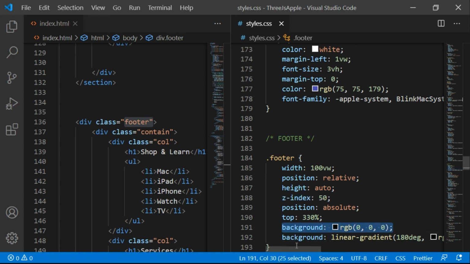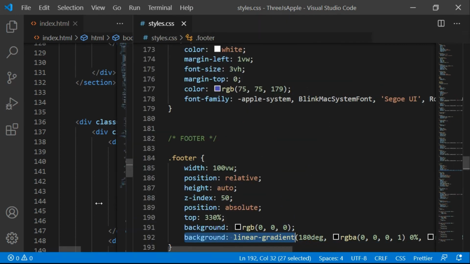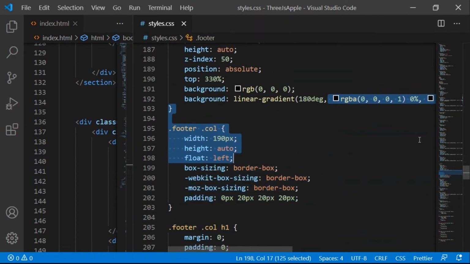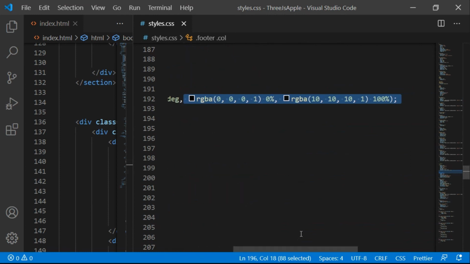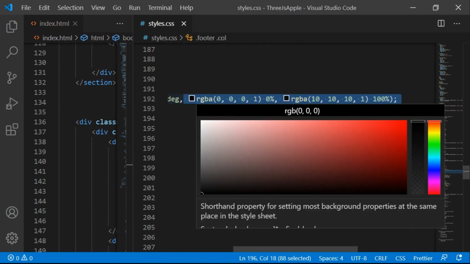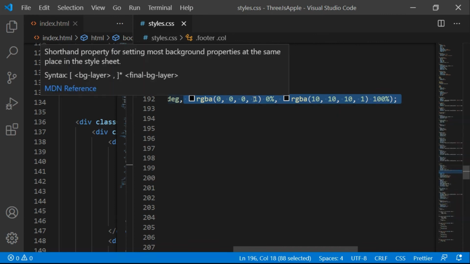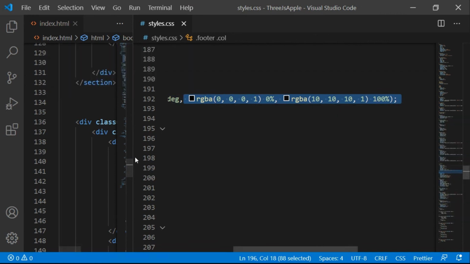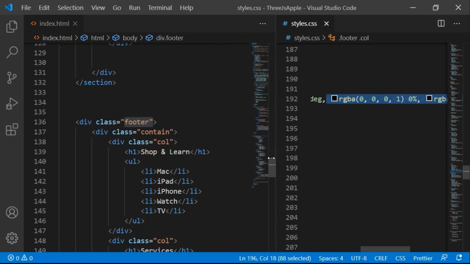So background will be RGB, background will be linear gradient, and we are targeting each and every column, right? Look, we got a slight difference here, it is going to make a gradient kind of color, which is linear gradient.